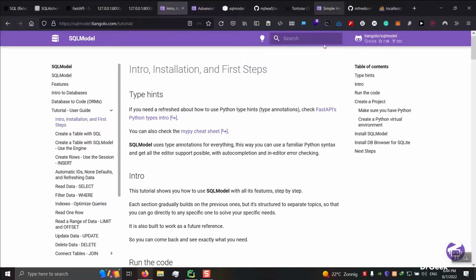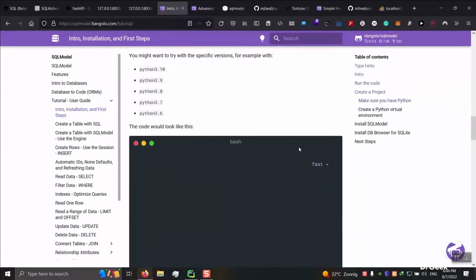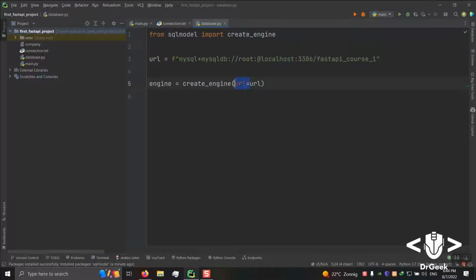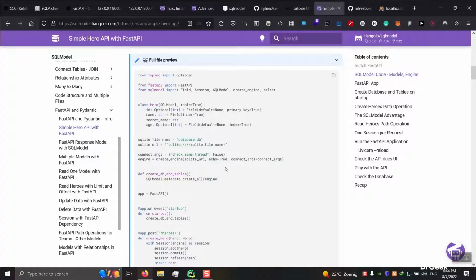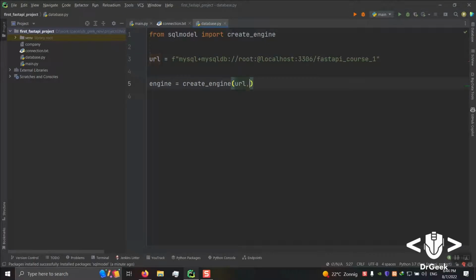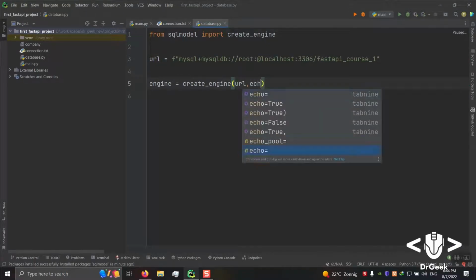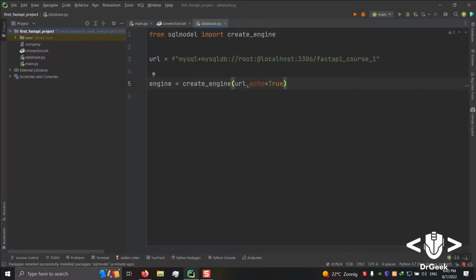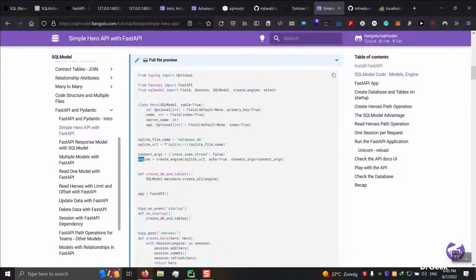Actually, there is no need to set url explicitly. I want to set echo to true. And we don't need this for our MySQL database.